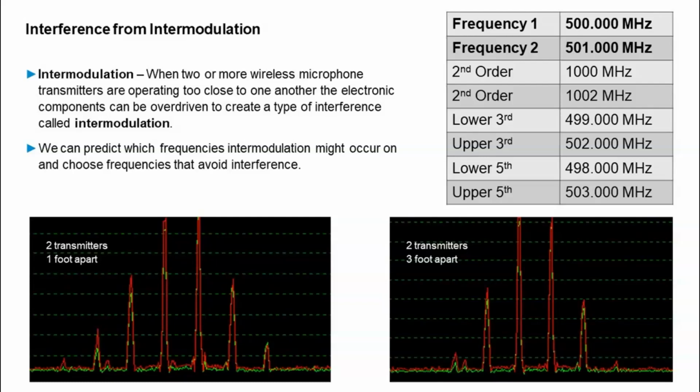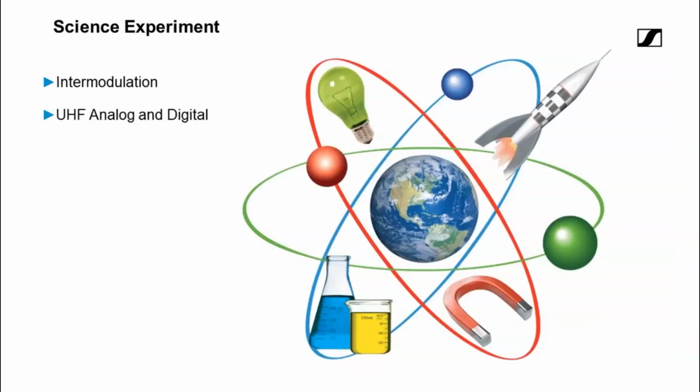And we'll see this live in a second. This is called intermodulation, and they're similar to harmonics in music. The good news is we can calculate them, so we know where they're going to happen in these intermodulation products. And if there is some distance between the transmitters, 3 to 5 feet, they pretty much settle down, depending on what power you're using. But we need to take them into account, and it's something to think about, and we'll look at some strategies on how to do that. Let's take a closer look.